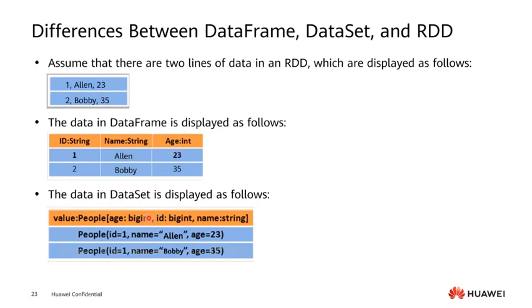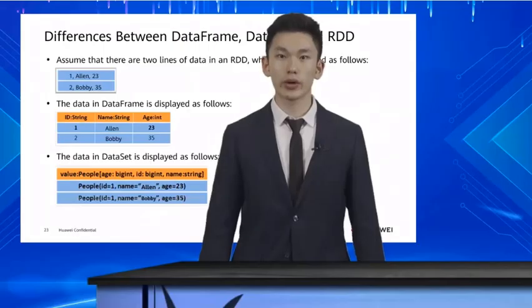In a dataset, the type of each row is not fixed. After defining the case class, you can obtain the information in each row. Information in columns of a data frame is clear but unclear in rows. In this part, we compare different data formats in Spark. In the next section, we will introduce different modules in Spark.